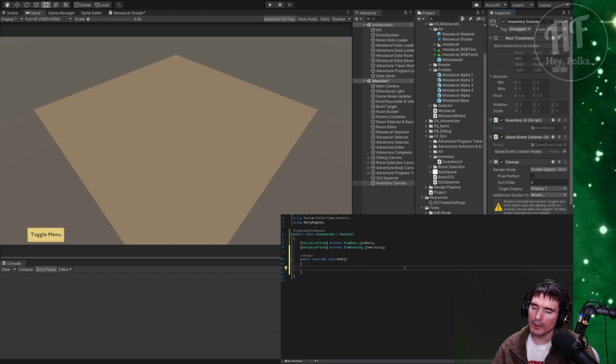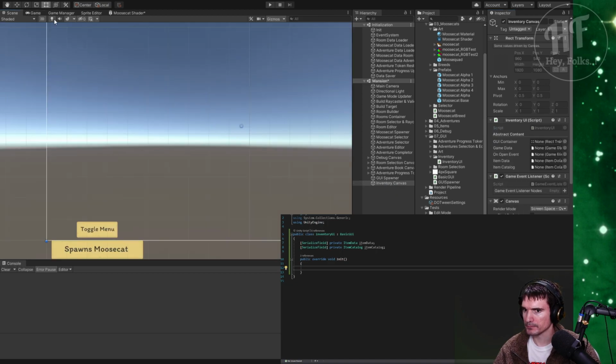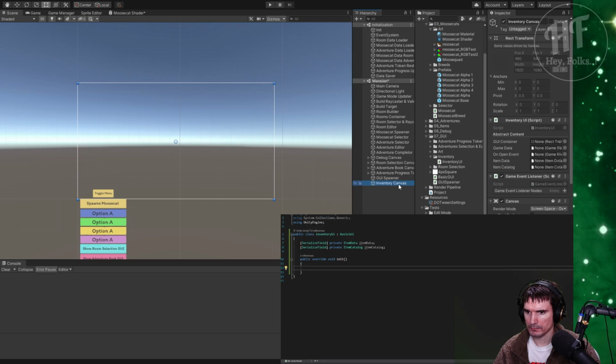But that's totally fine. It gives us a foundation to build off of, and we already know that it works. Let's see, game data, item catalog,